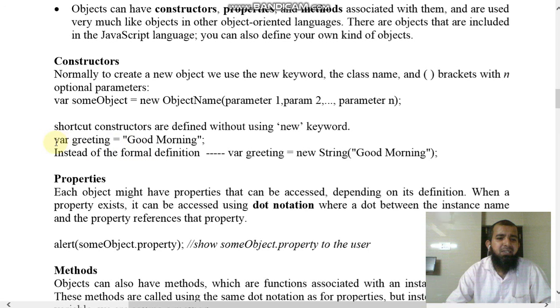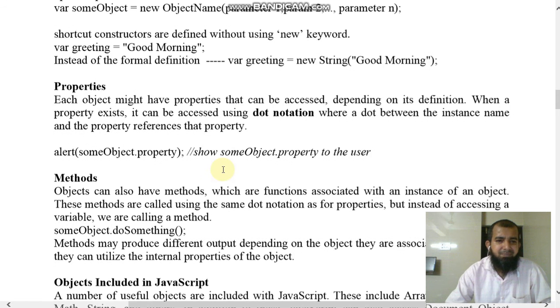Instead of the formal definition, var greetings equal to new String("good morning"), where greetings is the object, new is a keyword, and String is the class name. This way we can also create an object without using new and the class name. Directly you can write var greetings equal to "good morning". This is one more method.